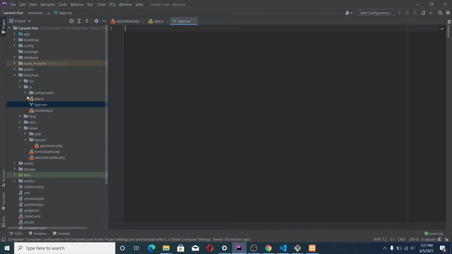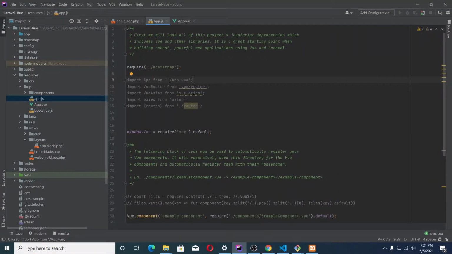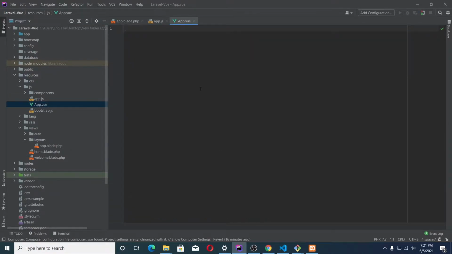Okay, so we have app.view here. What this one says is, in this current directory, move to the file called app.view. Okay, so in this app.view, like we said, this is going to be our base template for the view file. Alright, and in this app.view, we are going to be adding a few things.